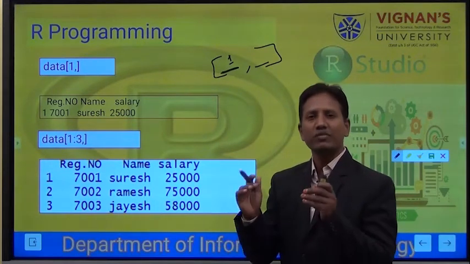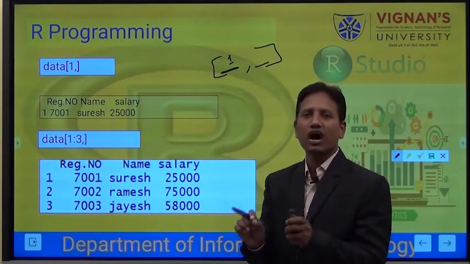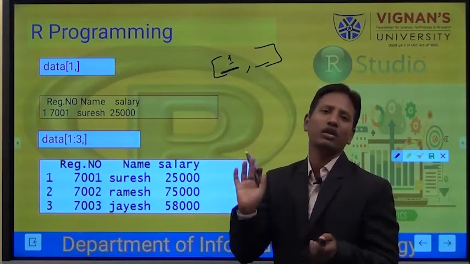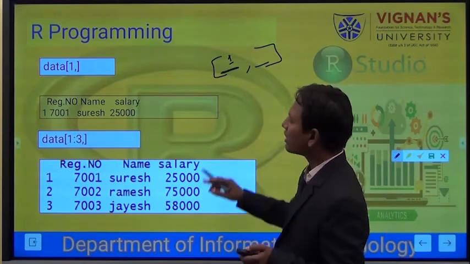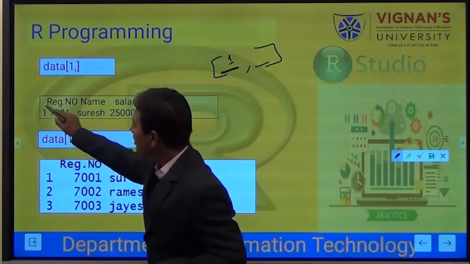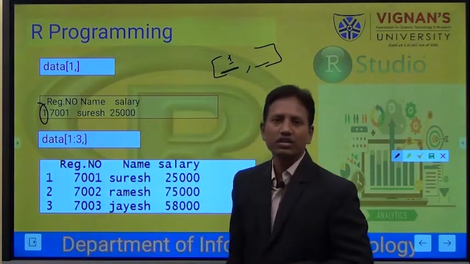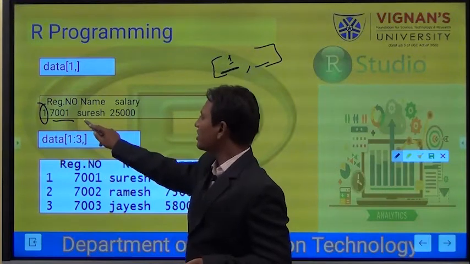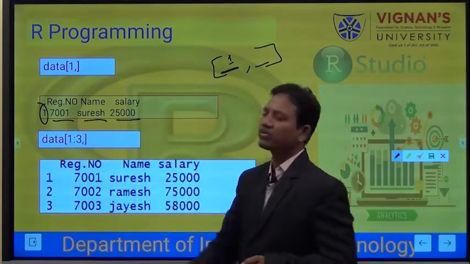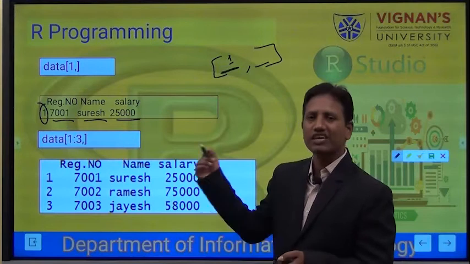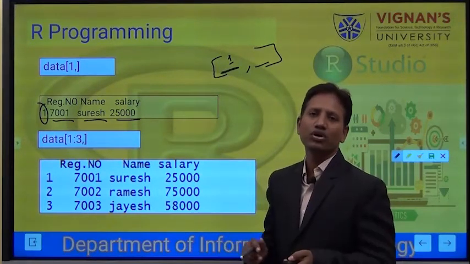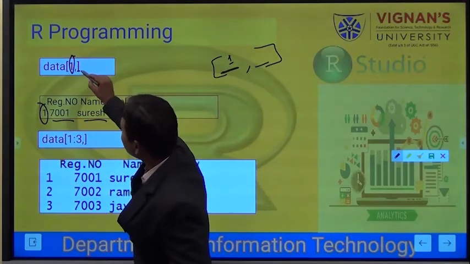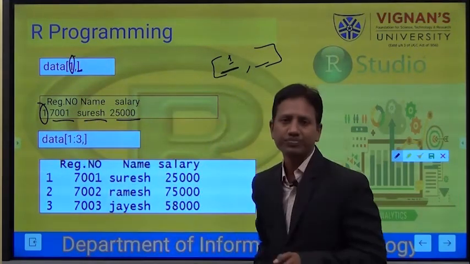I am instructing R to pick all the columns, because I am not mentioning anything. So because of that, it has given me the first record. The first record: his register number is 7001, his name is Suresh and his salary is 25,000. It has given me the first row. Why? In the index I have kept 1 and the rest places I have left empty.